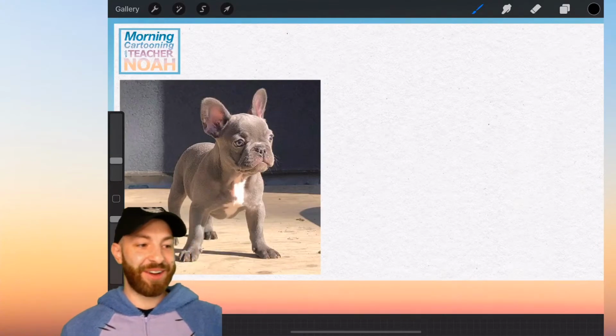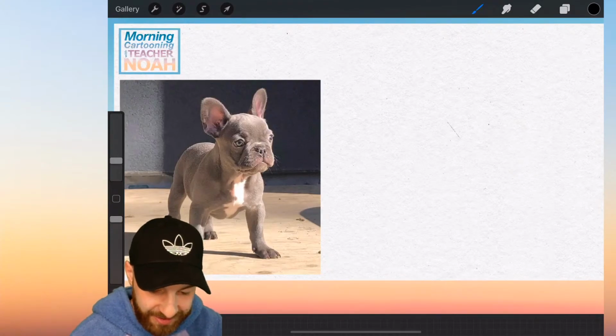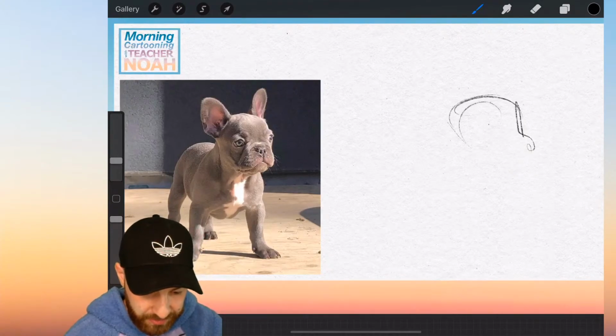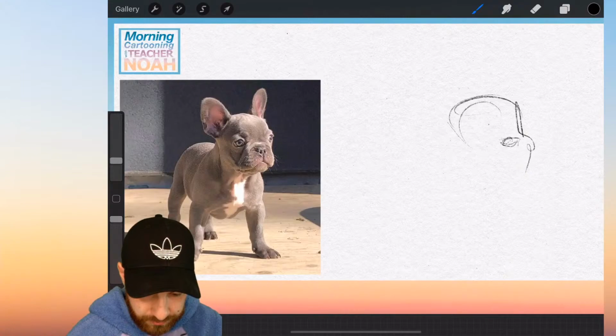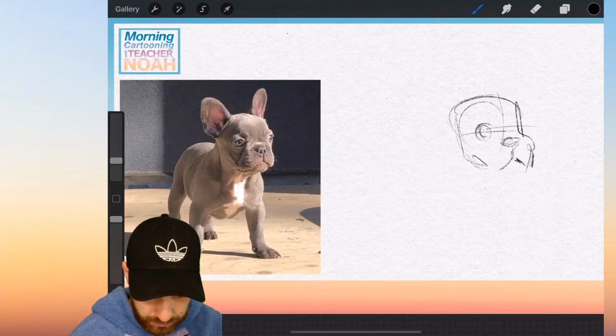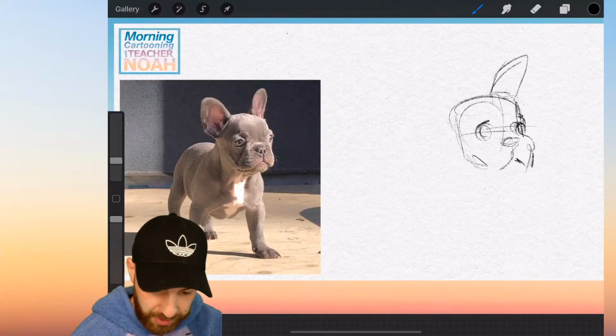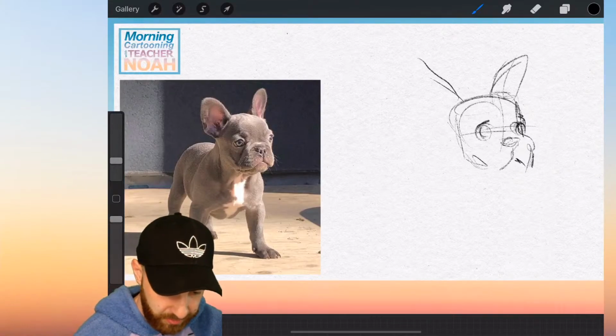All right, ready, quick, 1-minute pose. Let's do it. 1, 2, 3, go. All right. I already spent probably way too much time on these ears, but